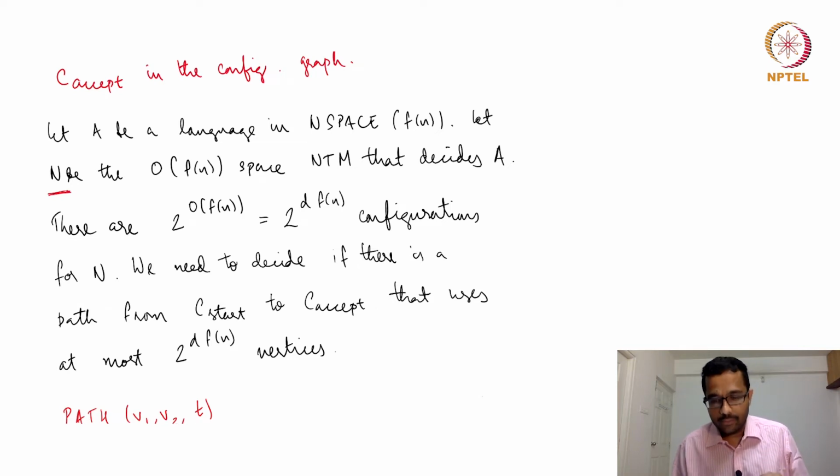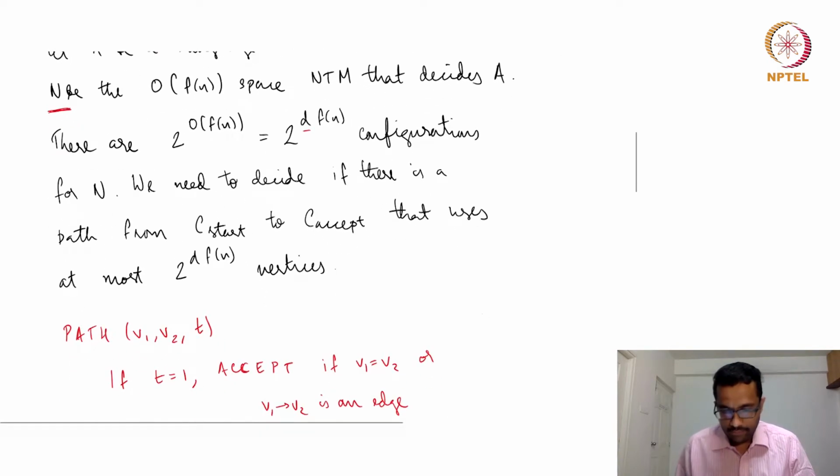So that is why, to be extra careful, we use the exact constant here. So we'll just call it dfn, right? Now we need to decide if there is a path from C start to C accept, okay? But instead what we will do is, we know that there are at most 2 power dfn configurations. So we'll just check whether there is a path of this length, because if there is